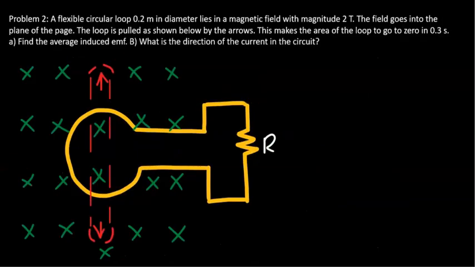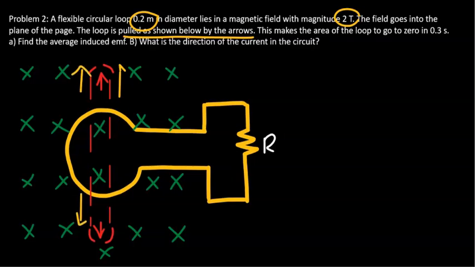Problem 2. A flexible circular loop, 0.2 meters in diameter, so that is this circular loop right there, lies in a magnetic field with magnitude 2 Tesla. So again, these crosses are the magnetic field. It's going into the plane. The loop is pulled as shown below by the arrows, meaning in this direction,